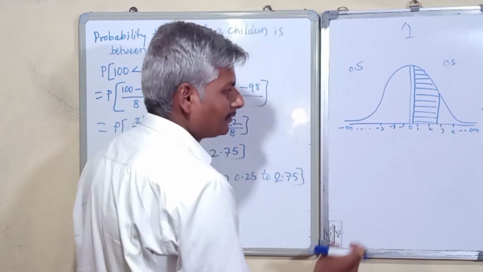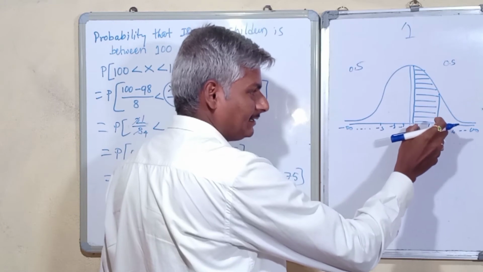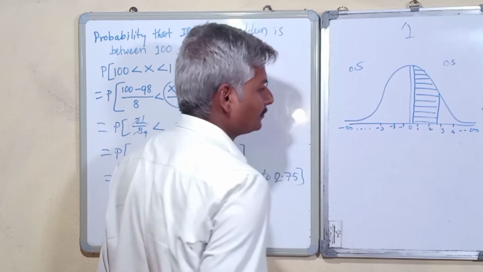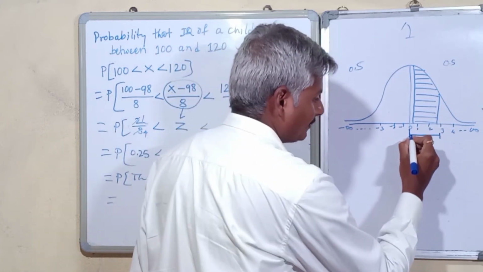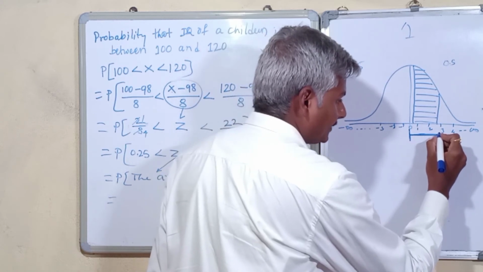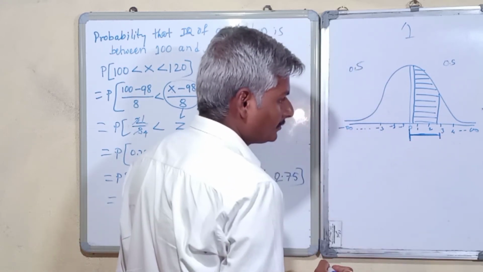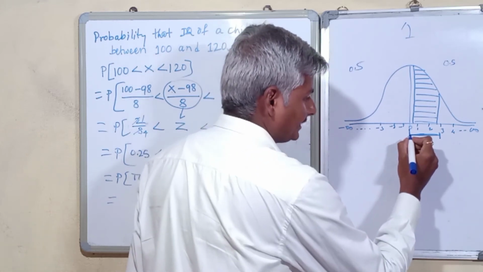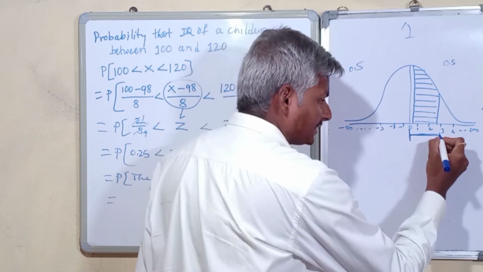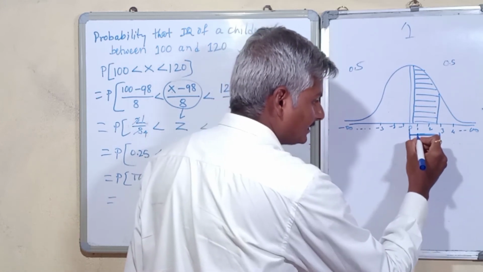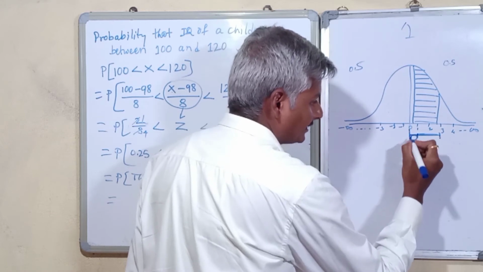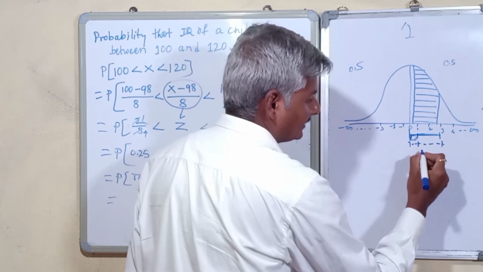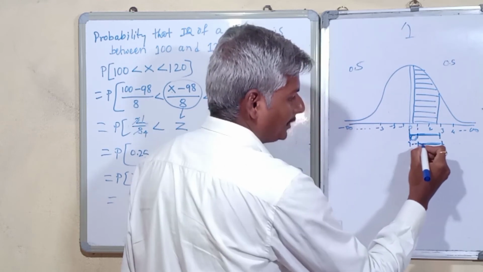We cannot find the area between 0.25 and 2.75 directly. So what we do is we identify 0.25 and 2.75 from the table. I will take the area from 0 to 2.75 and deduct this area. If you deduct this area from the total area, then you will get the area between 0.25 to